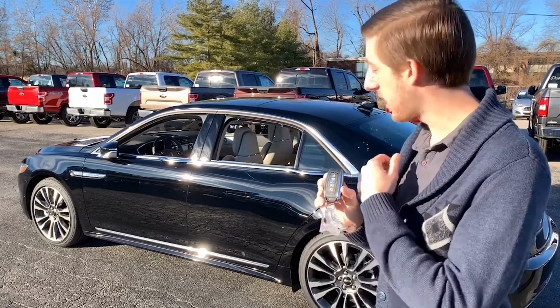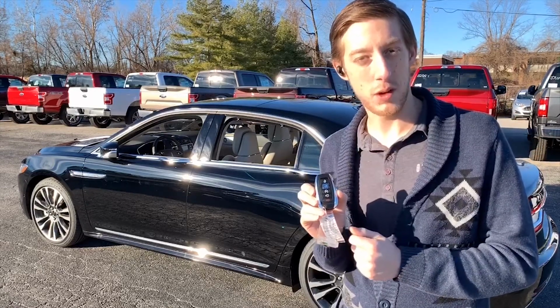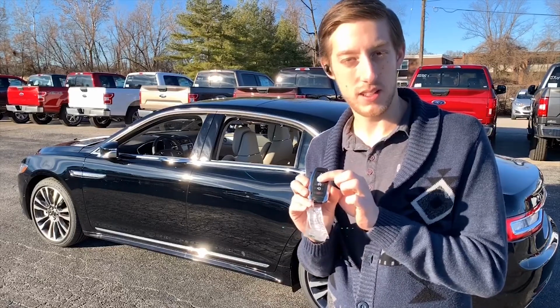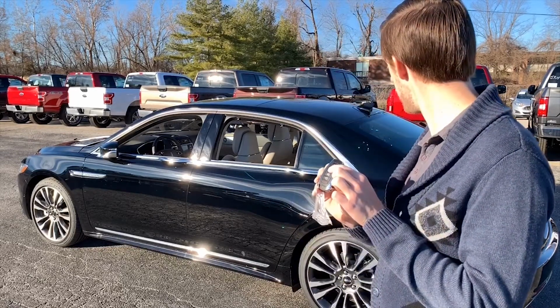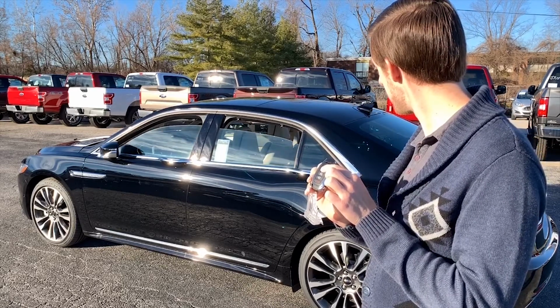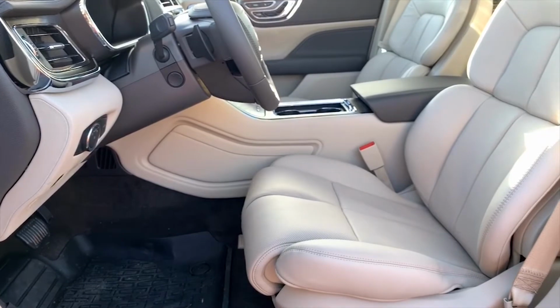Once you're done letting all the heat out of your car and you want to close it up again, or say that you left your windows down somewhere and you see rain coming, all you have to do is the same process with the lock button. Double click and hold. Like magic. Now that we're inside the Continental, the first thing that you'll notice are these gorgeous, perfect position, 30-way